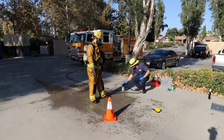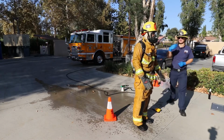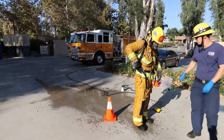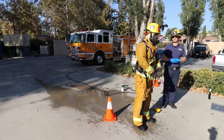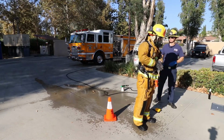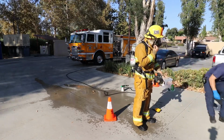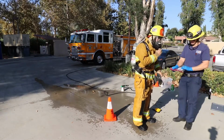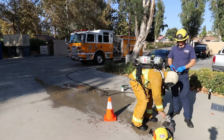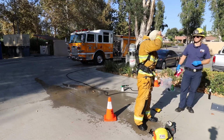So then we'll have him step forward. So now he can take off his regulator. And then we're going to want to take the gloves off. Try and minimize contact. Get your helmet off after that. You're going to want to mix in some wipes as soon as you can. So we're going to take some wipes here, clean those hands up real good, move on to the hood,